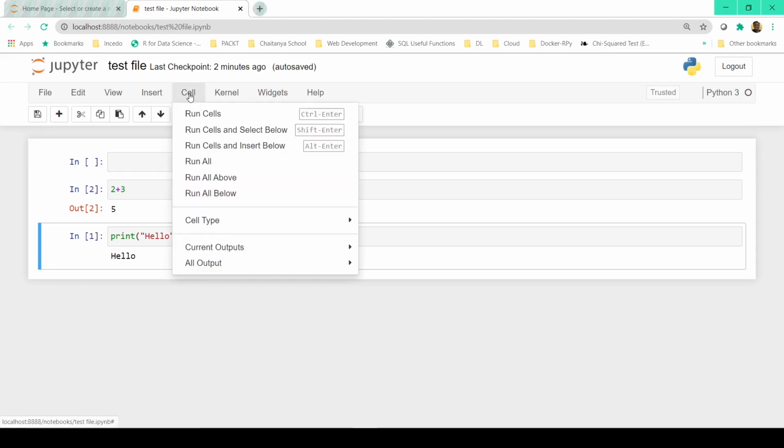And if you go to Cell, you can run a cell. This is what we did, control plus enter. And here it says run cells and select below, so shift plus enter. So the difference between control plus enter and shift plus enter is,